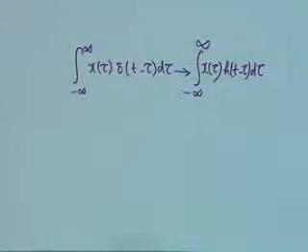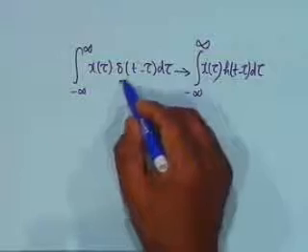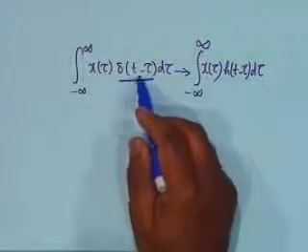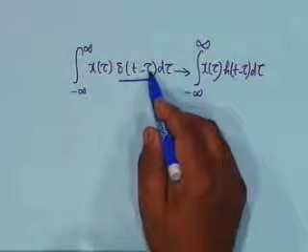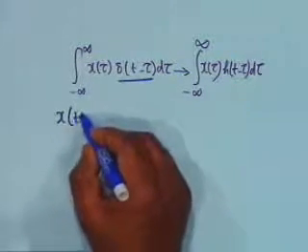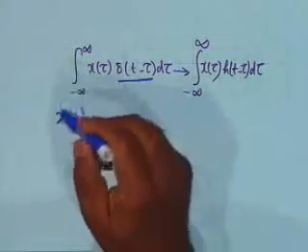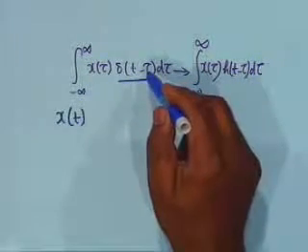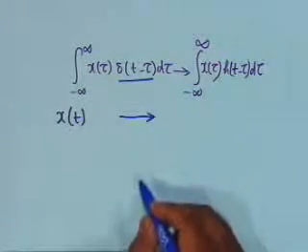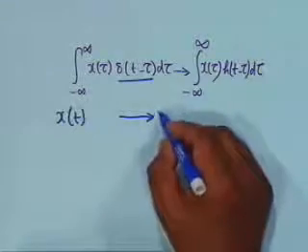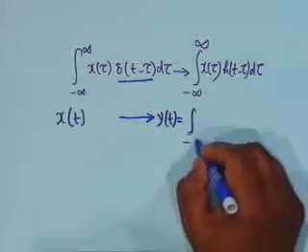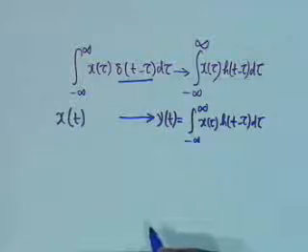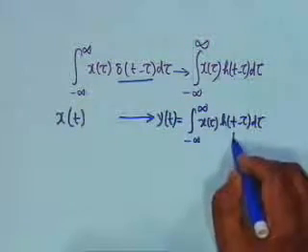If you look at the left hand side, you notice that because of the peculiar property of the delta function, this function exists only at t equal to tau, or tau equal to t. Tau is the running variable now, tau equal to t, and therefore the left hand side can be written as x of t multiplied by integral minus infinity to plus infinity delta t minus tau d tau, which is unity, and therefore the left hand side is simply x of t, and therefore if x of t is the input, the output must be y of t, that is y of t is minus infinity to plus infinity x of tau h t minus tau d tau,